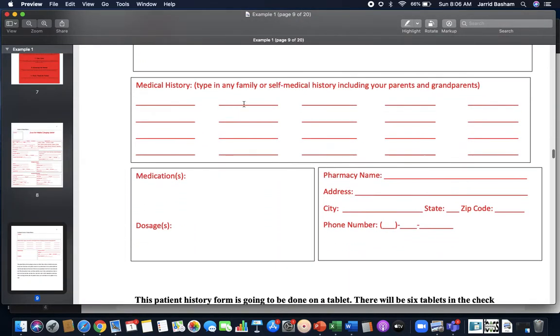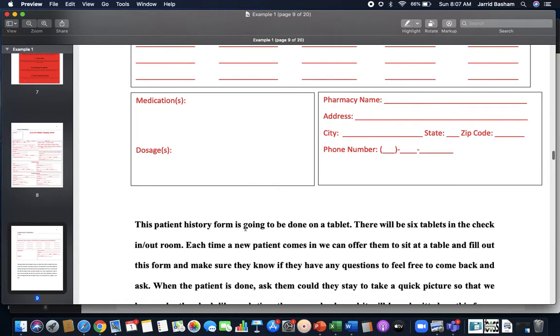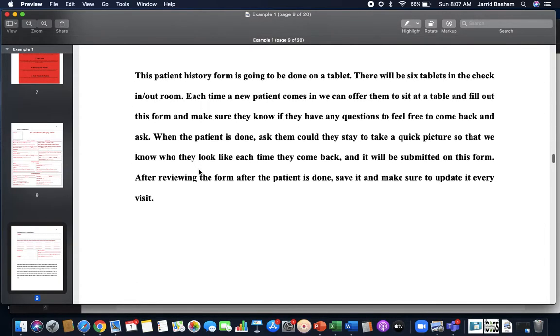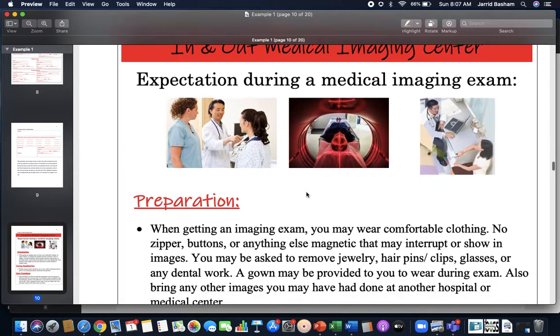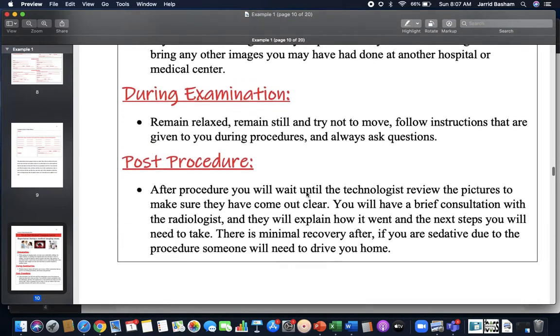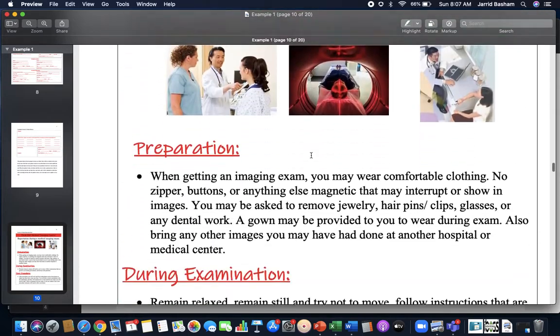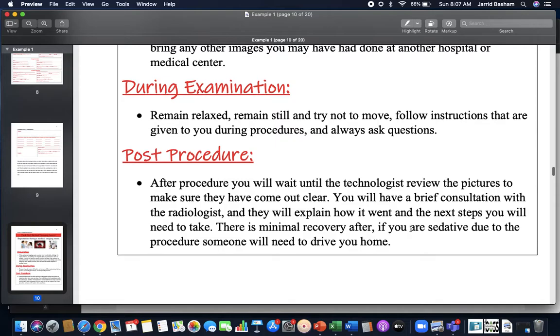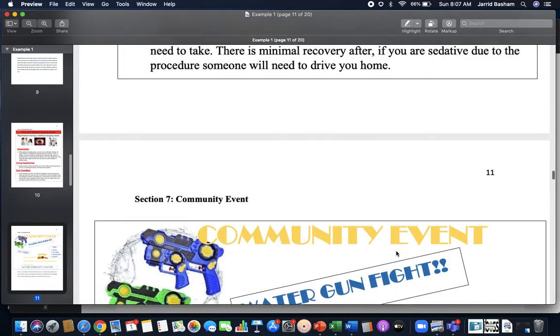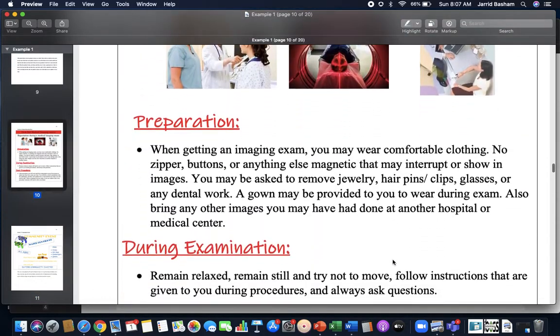Second part of it: any medical history, pharmacy name, medications, dosages, and all. So right here is the patient education flyer. She did good on this. She had some pictures up here. Preparation, a little bit wordy there, but it is a good flyer, and she got full points for it